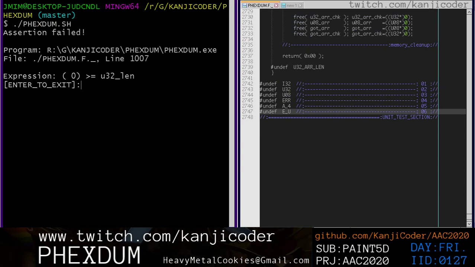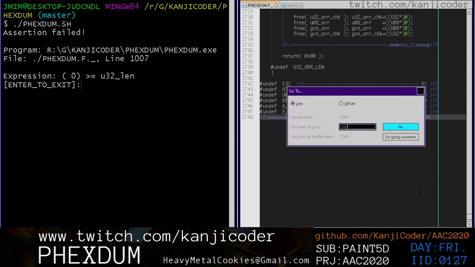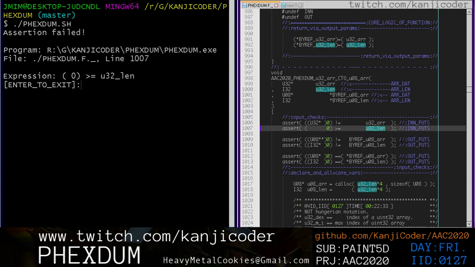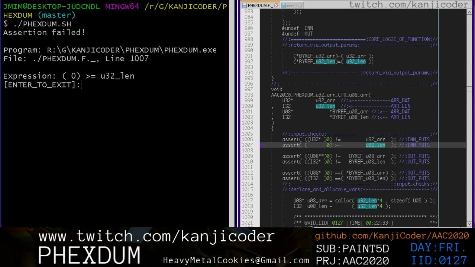So now, if we run that, assertion fail, that's great. Okay, line 1007. If an assertion fails, the first thing we want to do is change the assertion. So 0 is greater than or equal to U32 length. So since this assertion failed, we're going to say,